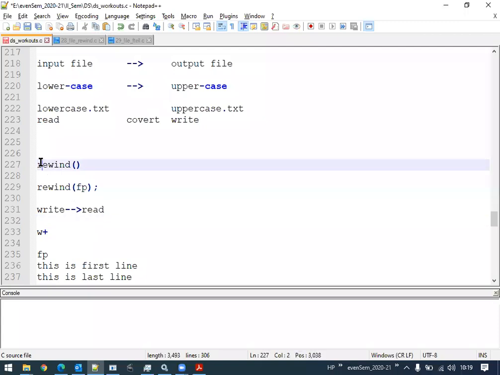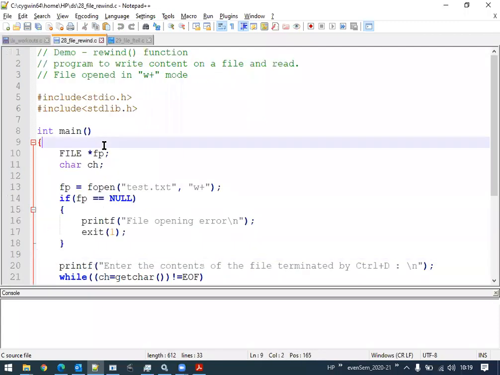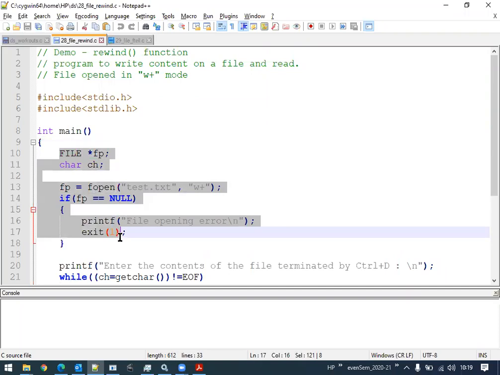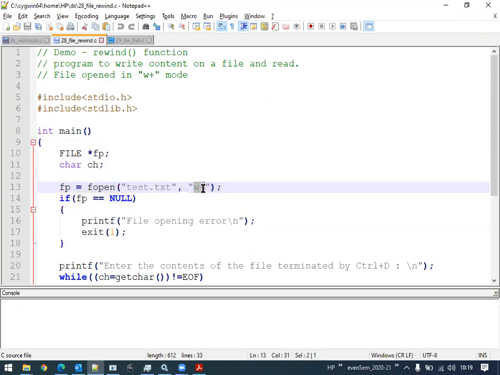Okay, now to simulate this particular understanding, I have just written a simple program here. Just pay attention to the program, and whatever concept we have studied theoretically is implemented here. I will repeat that theoretical concept once again in this particular file. First, we are opening the file in write mode, that is write plus mode, so that we